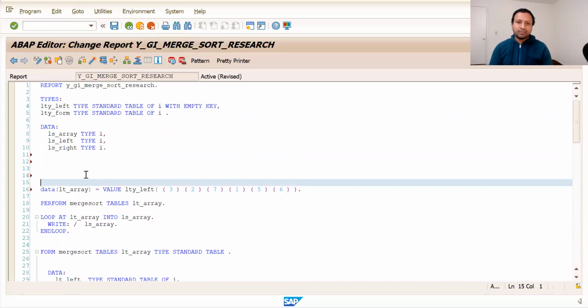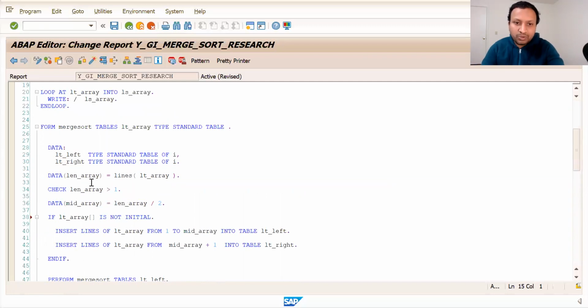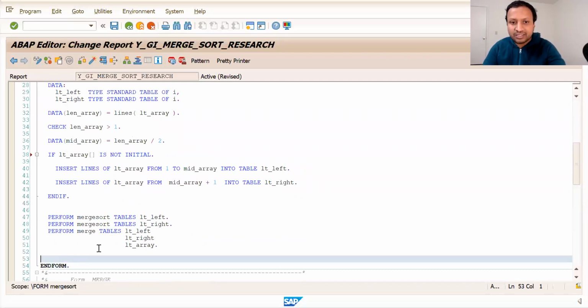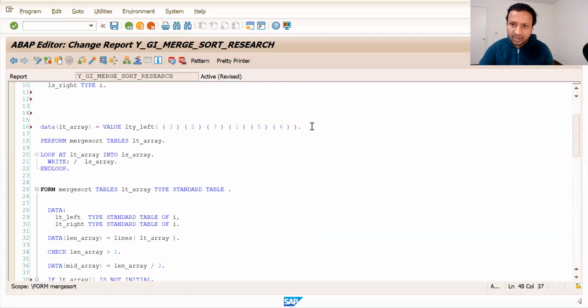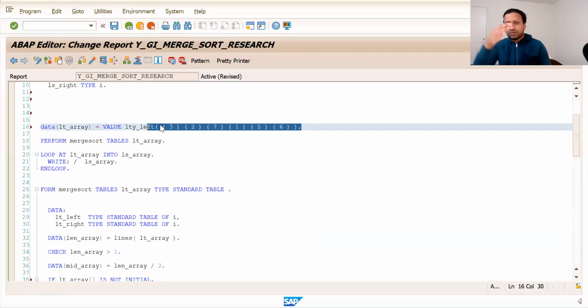I'll paste this code in my GitHub profile. You can copy it from there. If you have any questions about the way recursion works in the merge sort algorithm, you can put some print statements somewhere in merge, printing both the left and right parts of the sub arrays of our input. So you can go through how exactly the flow is going on.